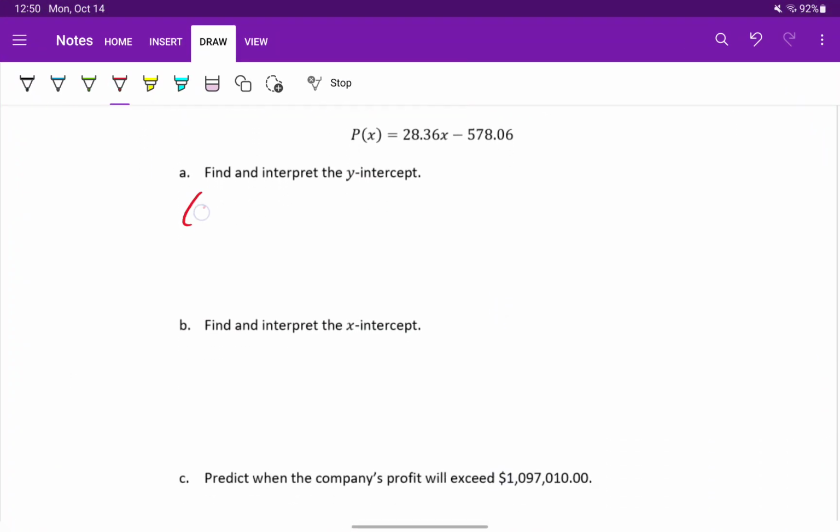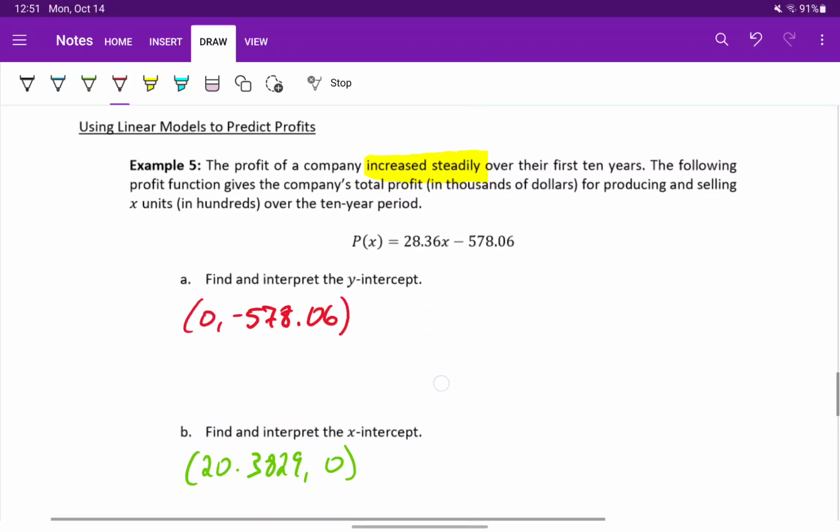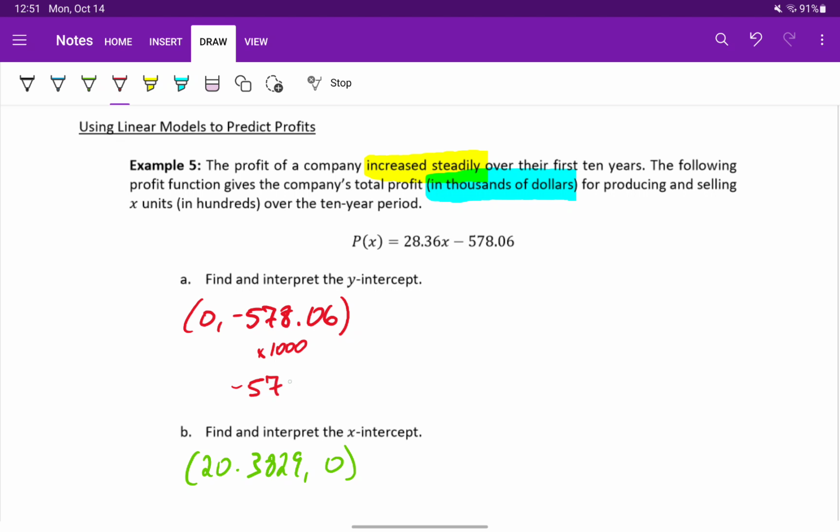So the y-intercept that we found was 0, negative 578.06. And the x-intercept that we found is 20.3829, 0. What we want to do is interpret those results, keeping in mind a couple of additional pieces of information. The company's total profit is in thousands of dollars. That means we need to take this y value, that profit, times 1,000. So the actual value in dollars is